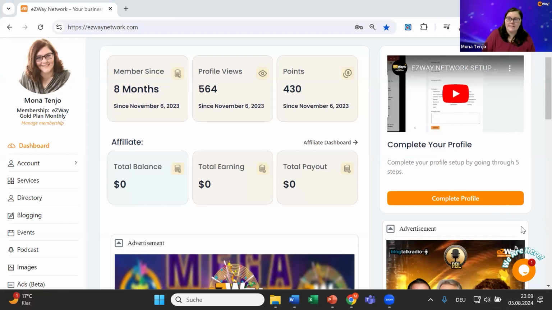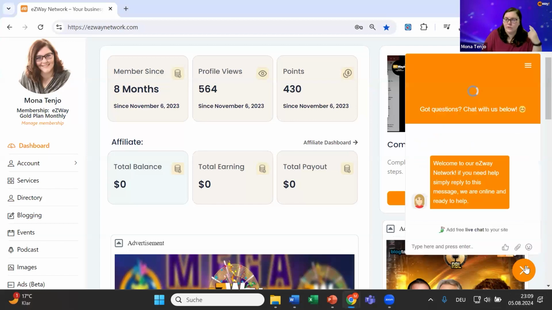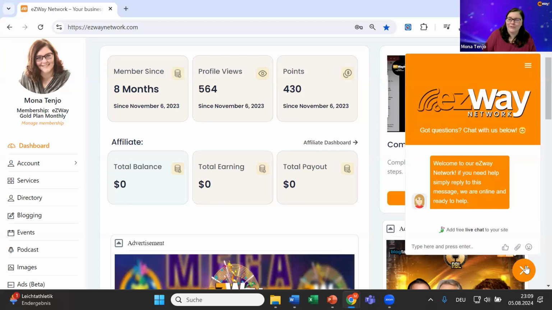And so on this profile page, you also have the opportunity to ask for help. Okay, so here you have this little "We Are Here" widget. You can just click on it. Usually when you have your sound on, your computer will make this click. It always makes a little sound, okay, knowing that it's here, right? And here you can always just start a live chat and ask questions if anything is not working. If you have a question, if you are searching for something, those colleagues are very quick in responding to your messages. And there's a real person in the background helping you if you have any issues, okay?